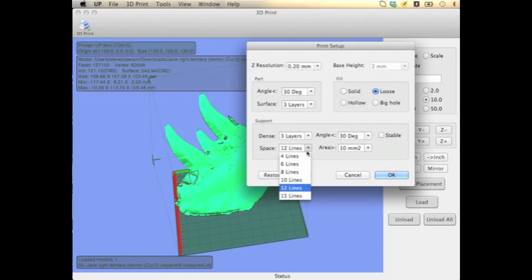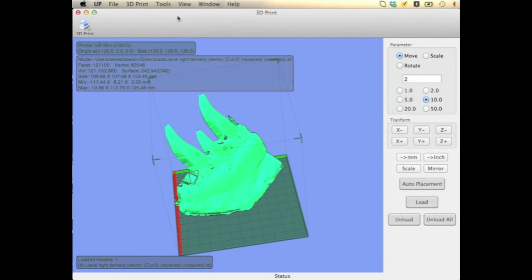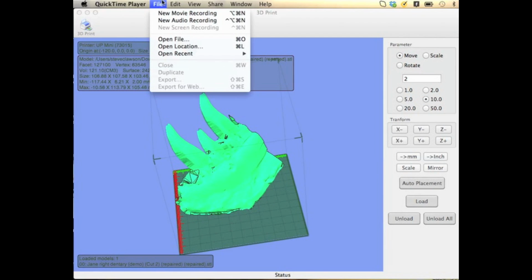I choose a space of 12 lines. That's the space between which the support pillars will be produced. And I don't like having a lot of pillars because that increases the chances that your part will warp. So with these defaults selected, what I'll do is go to